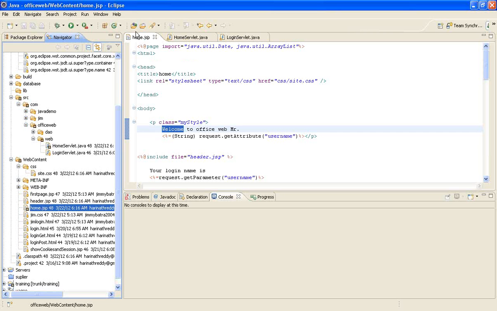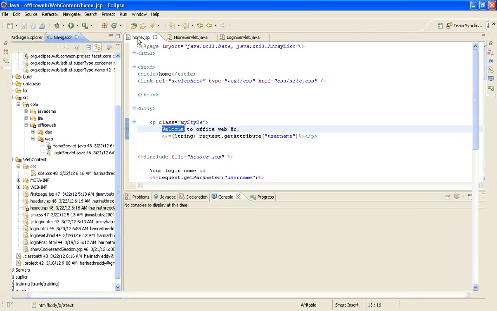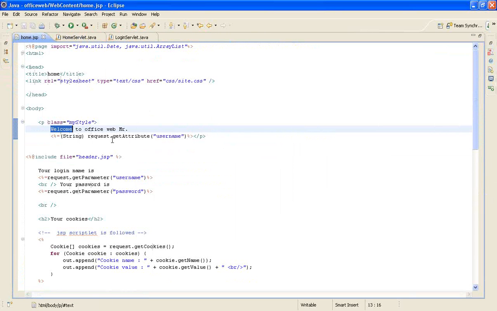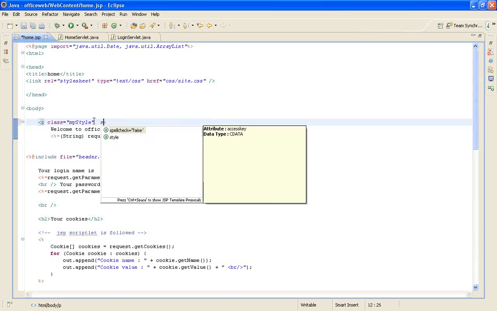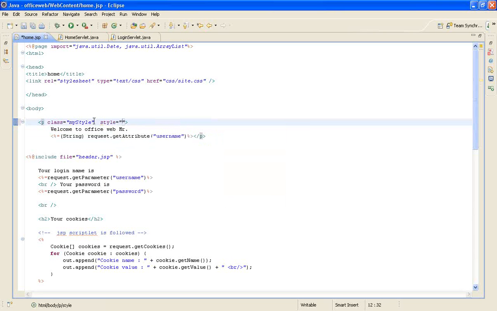Basically, for any formatting that you want to do with your text, it is always advisable to use styles. Otherwise, you have a style element here.